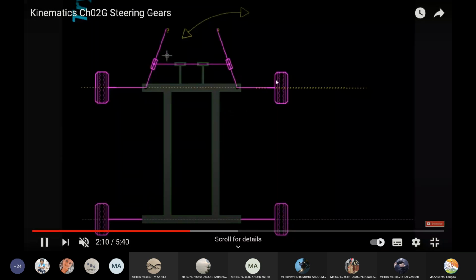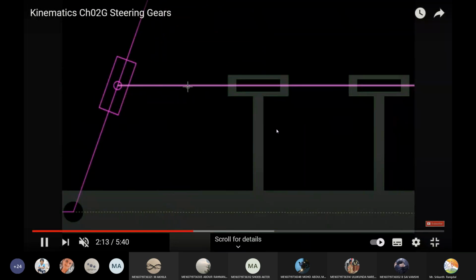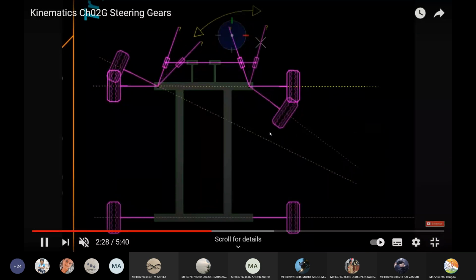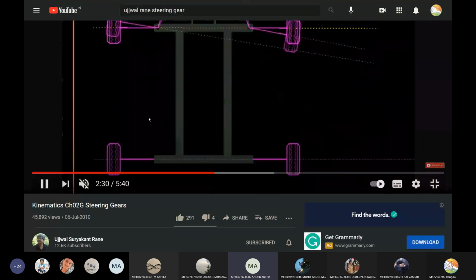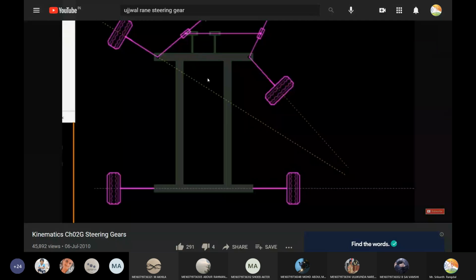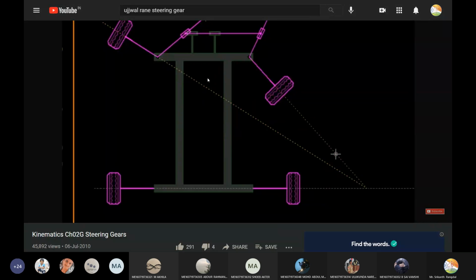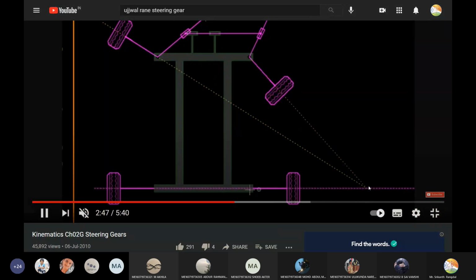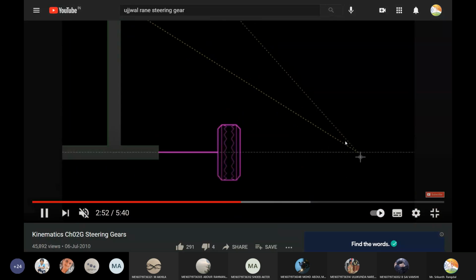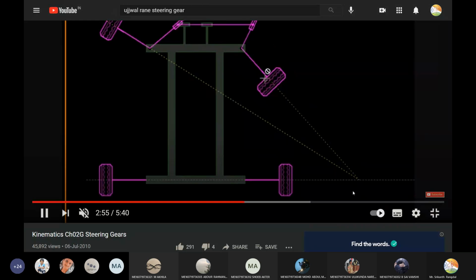So as we start rotating, what will happen? They slowly should converge, sir. Yes, they should always converge at a common point. He will show you the convergence point in two different positions. You can see in this position they are converging at a common point. The backside axis is not changing, and both the front side axes are converging somewhere on the bottom axis.